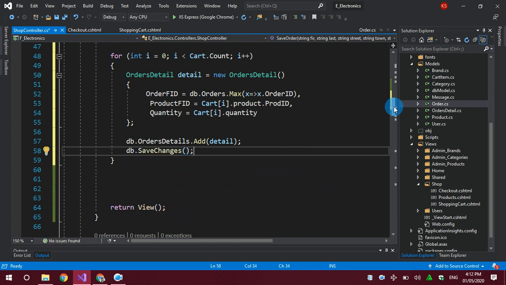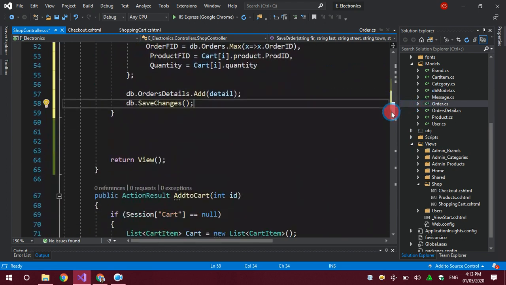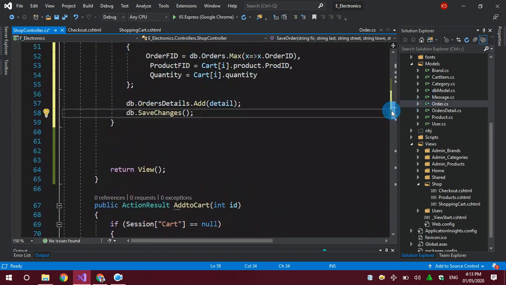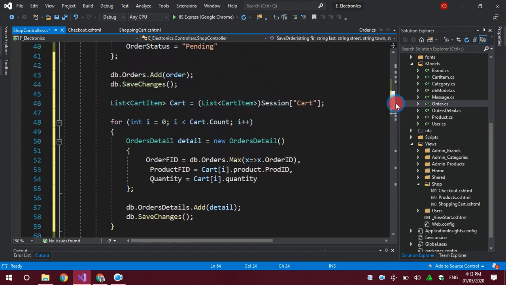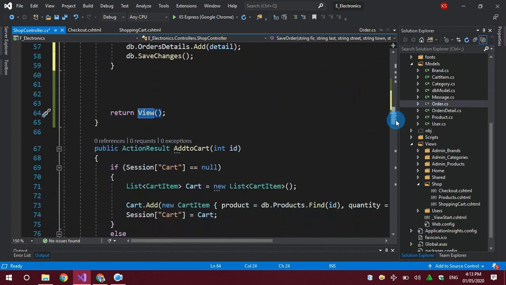Okay, after all this process is successful, we have to show the user an important message. We have to tell the user, your order has been confirmed, and an email has also been sent. In the next lecture I will show you how we can send the email from here. So we have to inform the user in some way. We may simply put a message, for example static content, but I will make this a little more beautiful and will not return to this view, because we don't have any view for the save order. Save order is only a command, so we will return nothing, but